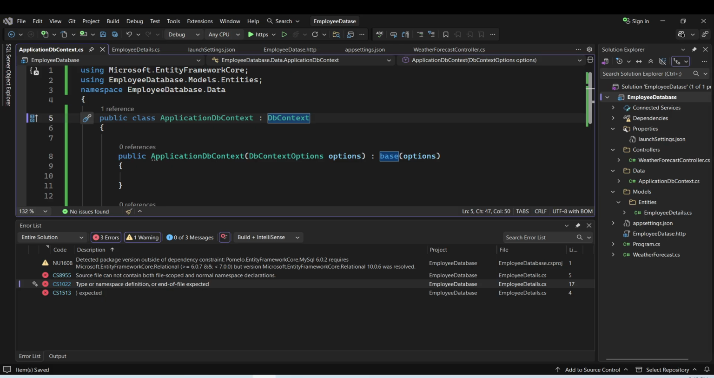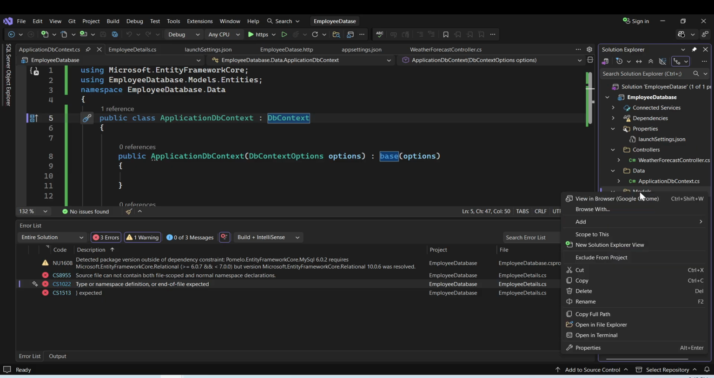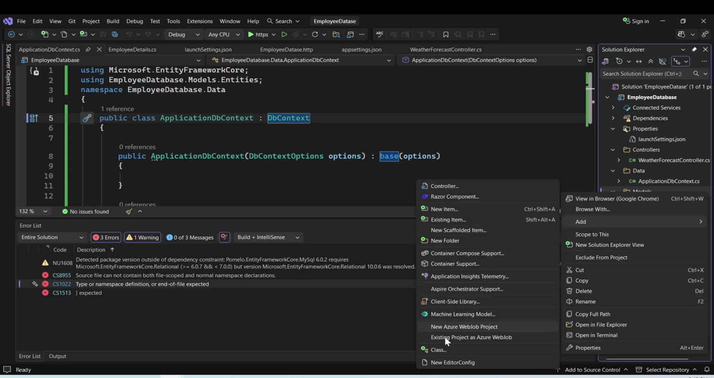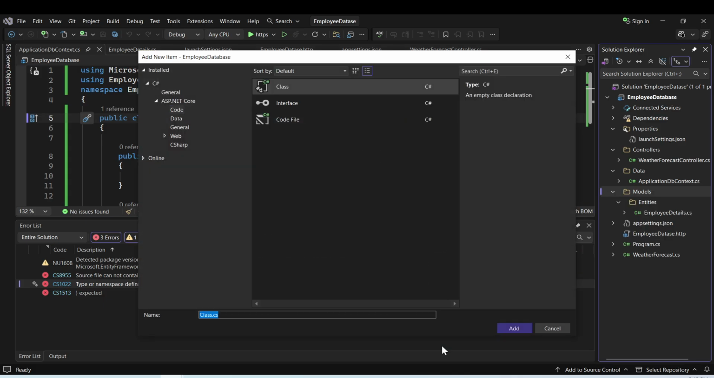The error is gone now. Now I will create a DTO class under models. So I'll right click on models and add class. This is going to be add employee DTO class .cs class and click add,